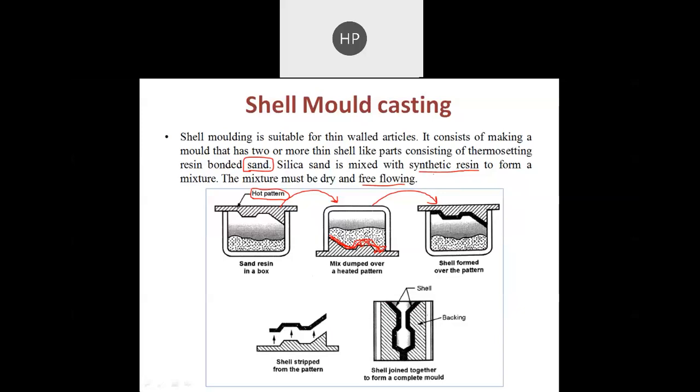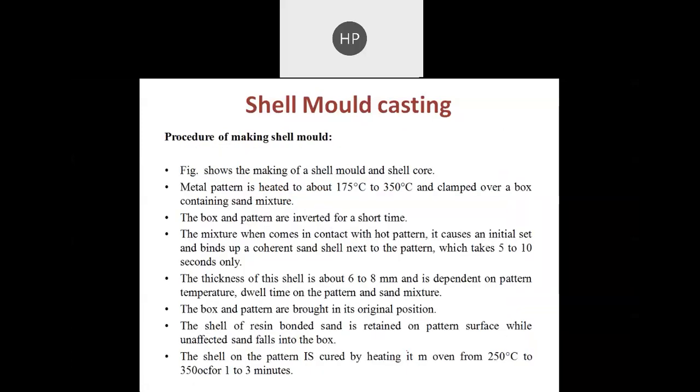So this is the one half, and the second half will be joined, or put in a mold, and then all around that we will fill sand, so that it will provide enough strength to the mold. And now this is the hollow cavity. In that hollow cavity we fill the molten metal, and then after it solidifies we take out the component from the mold. So this is how this process occurs in shell mold casting.